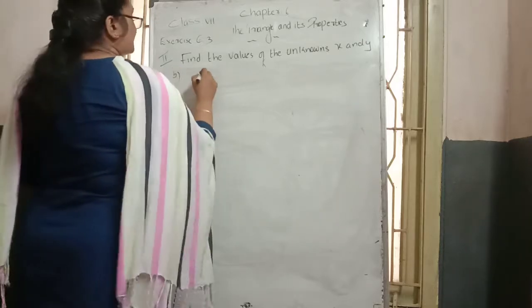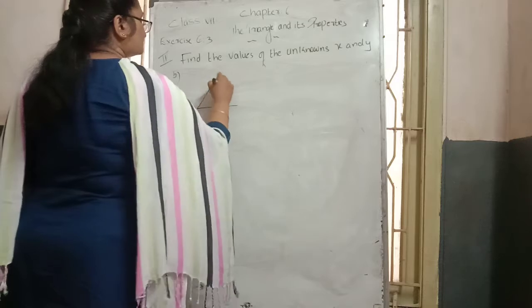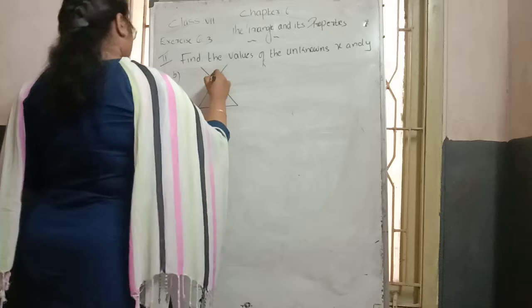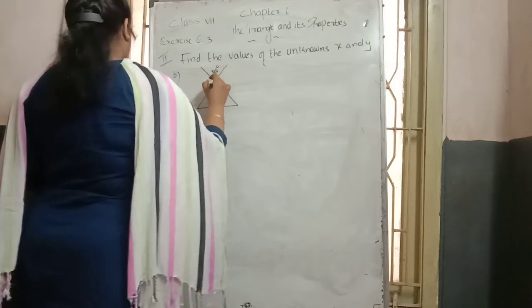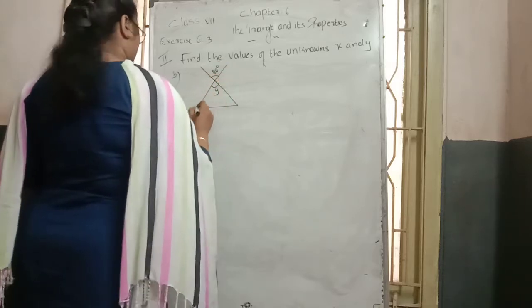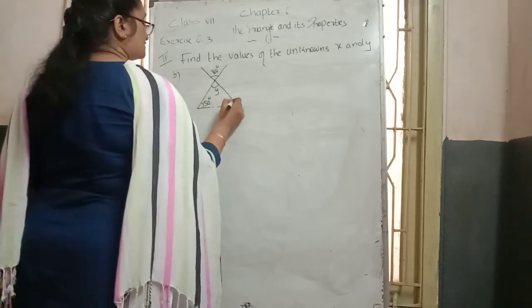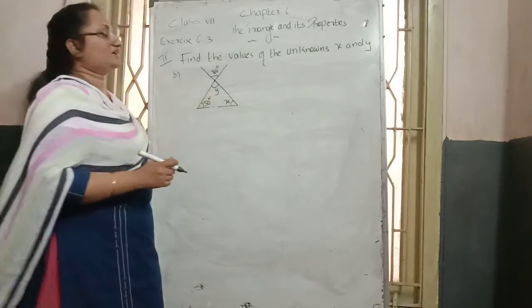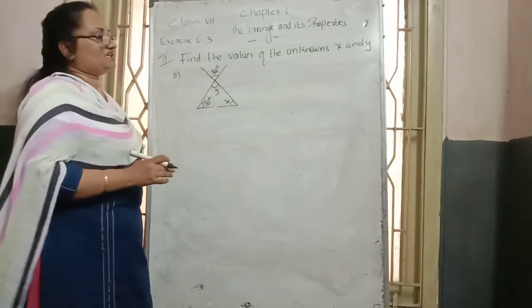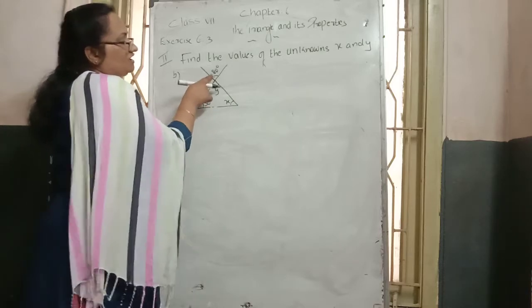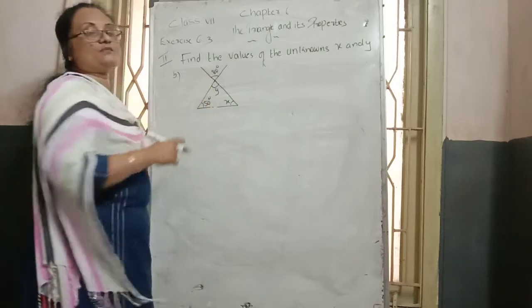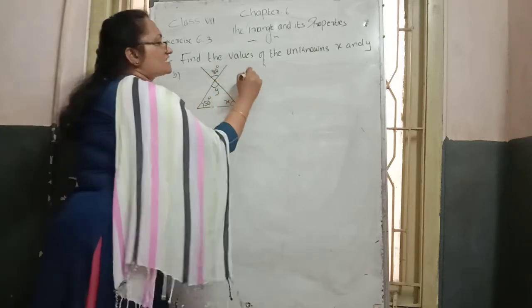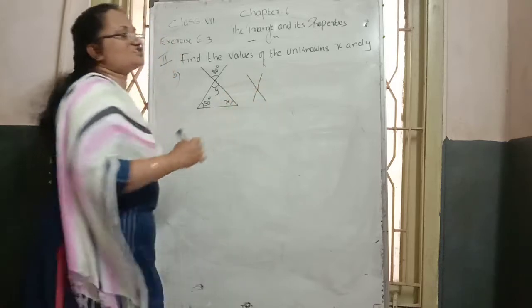Question b. See, like this, there is one triangle and these two sides are extended outside. Then they gave 80 degrees. Here it is marked as y, here 50 degrees, and this part is x. How do we find y and x here? Note the exterior angle property. With respect to this, we can say vertically opposite angles. Why? Because 80 and y make vertically opposite angles, in this U shape.